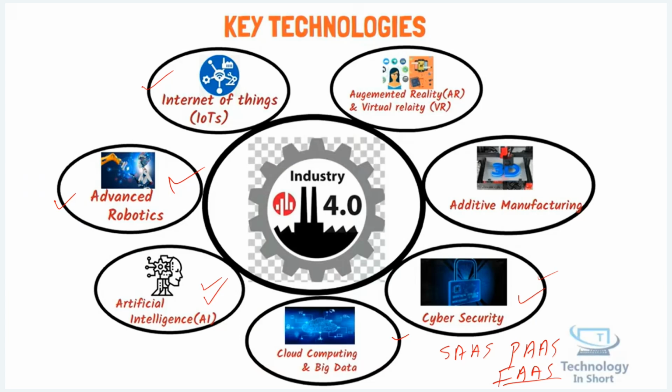Cyber securities, additive manufacturing, augmented realities, virtual realities, everything is a part of Industry 4.0, plus PAT, process analytical technology, if you have heard about it, where we provide an inbuilt sensor on the equipment, and the sensor will tell that your product is completed. Now you can unload the material and load the material in the next equipment. This is the process of continuous manufacturing. You may have heard about the name continuous manufacturing. This is in collaboration with PAT. That is a part of Industry 4.0 only. Okay. So we're going to discuss that in our regular classes as well.